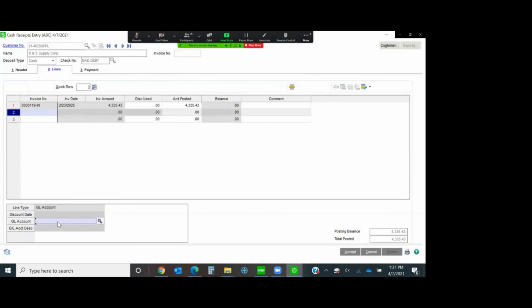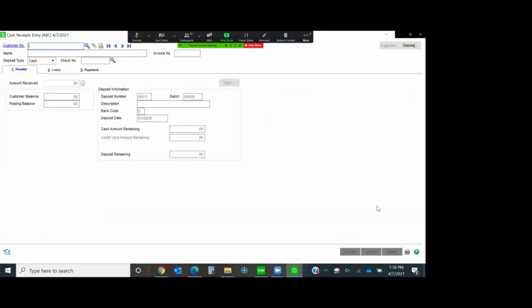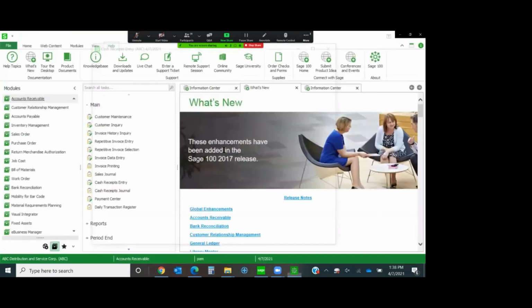And then I'm going to select my GL account number for my bad debt. And I believe it's 251. So I'm going to select this account number, and then it's going to put in the amount that is going to offset and hit this GL. So nothing is hitting my cash, but it's going to come out of accounts receivable and it's going to hit the AR account. So I'm going to click accept, and let's just go ahead and